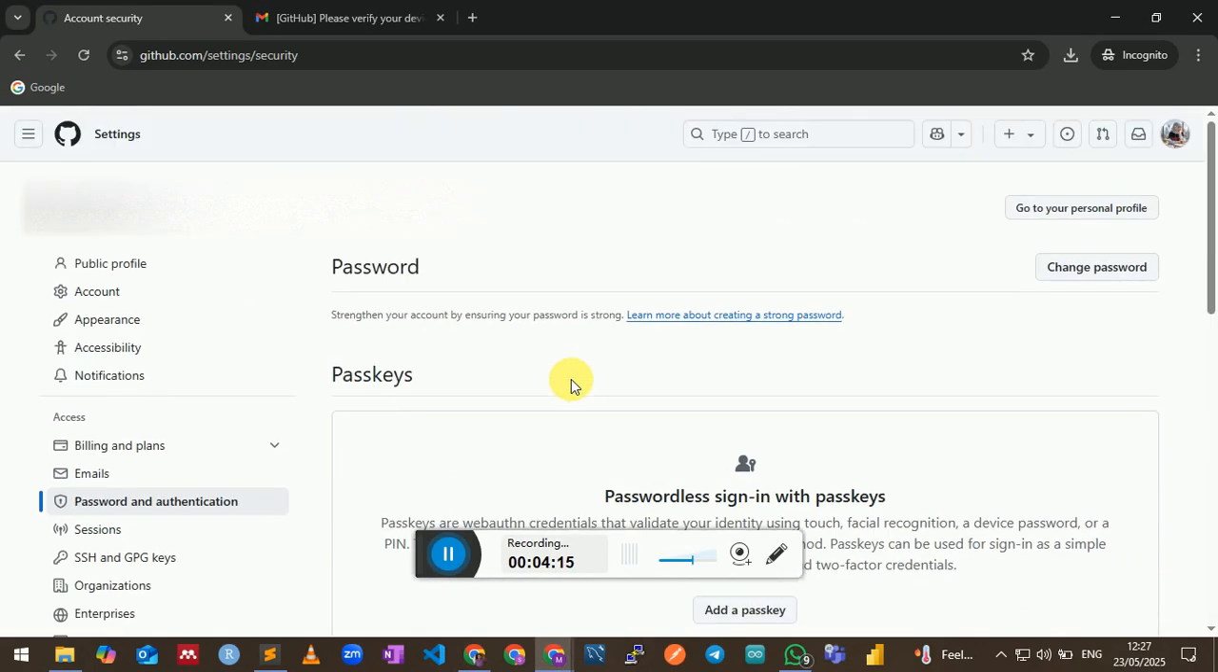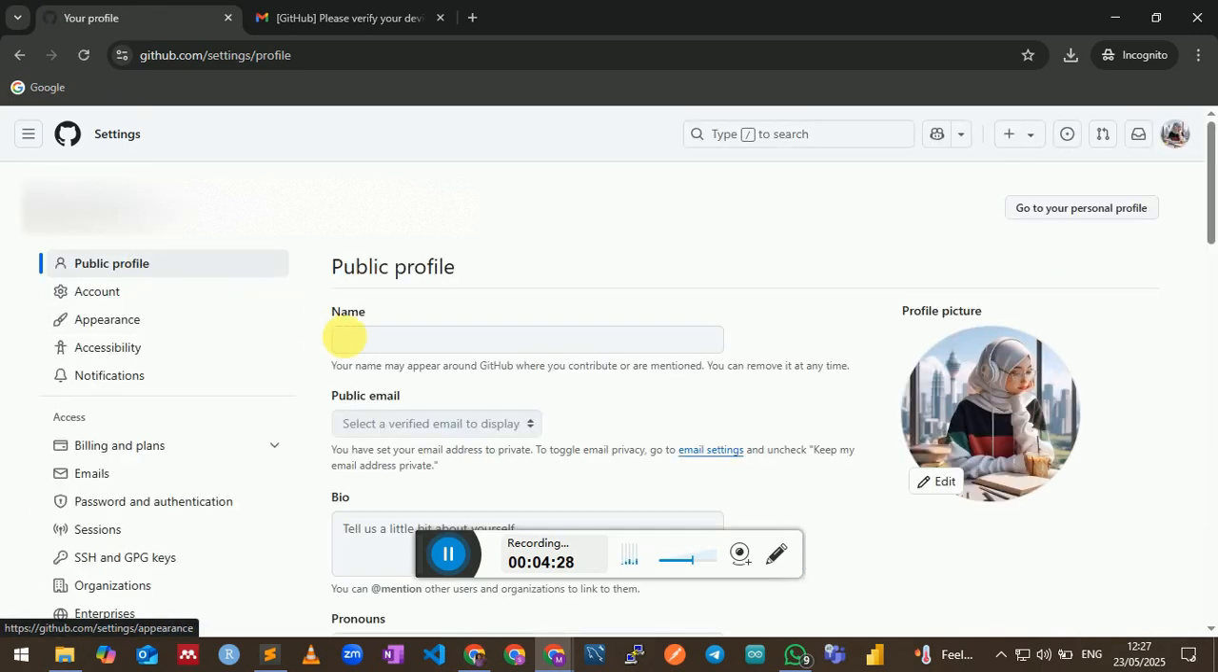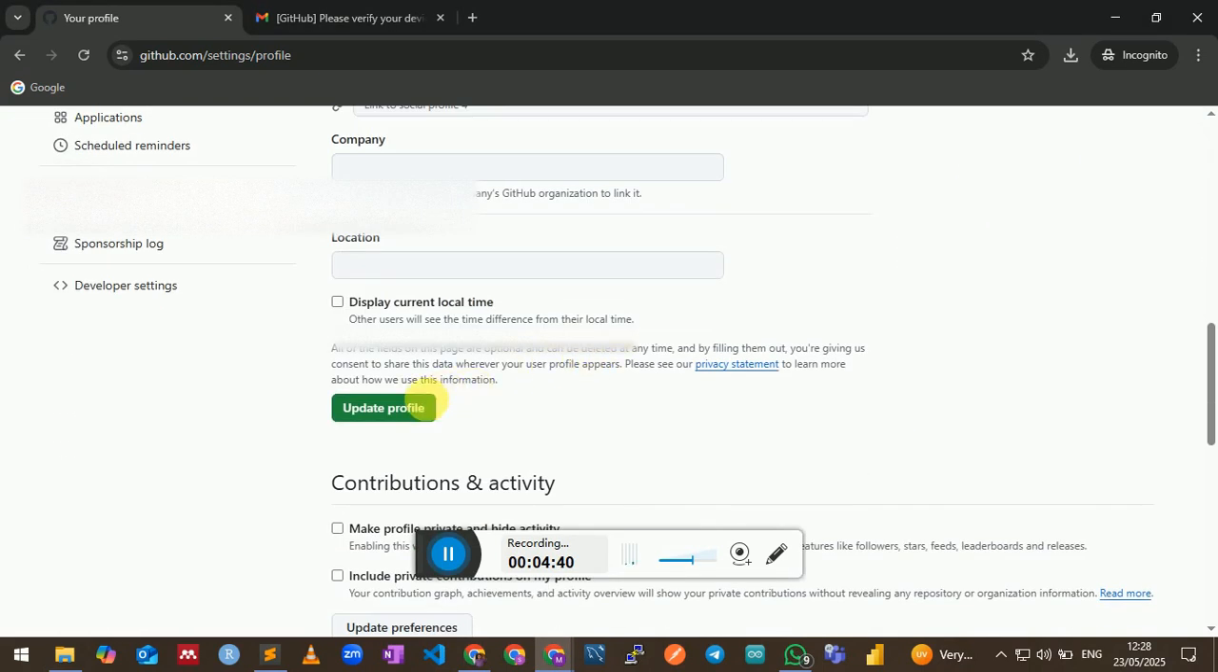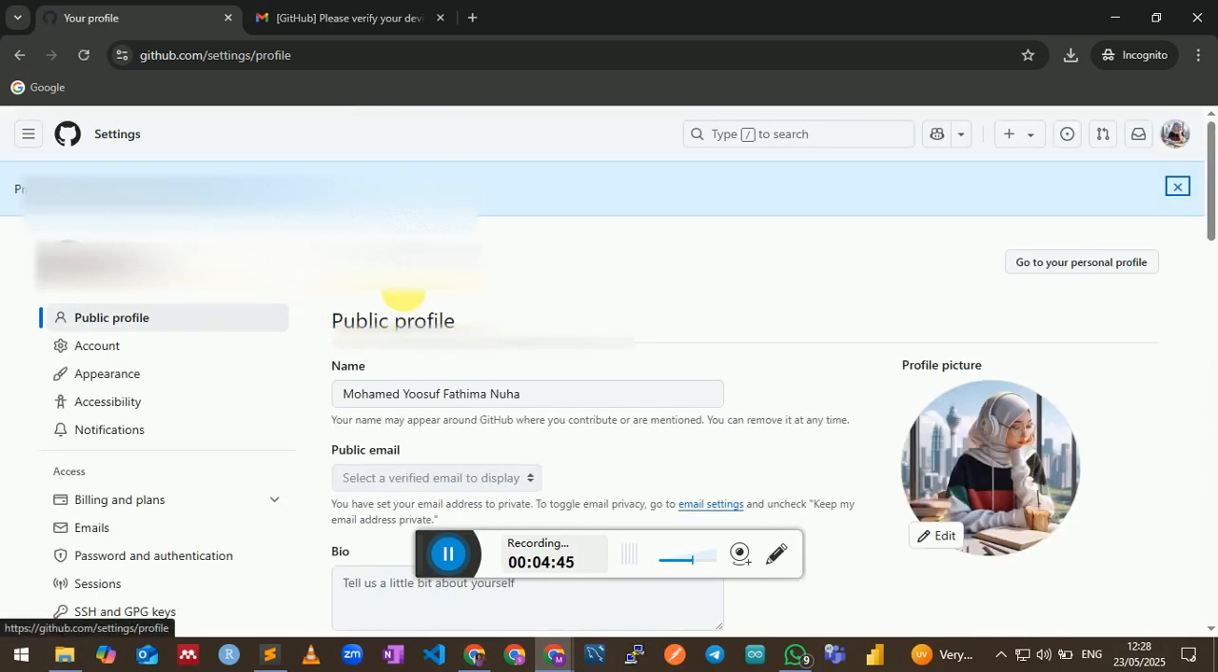Now we will change the name. Your student ID card name and your GitHub account name both need to be the same, right? For that, you can click your public profile. There you can provide your name as it appears on your student ID card. So you can provide your full name, then click the update profile button. It will update your details